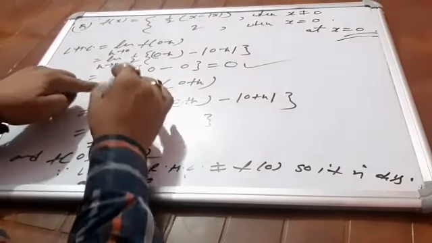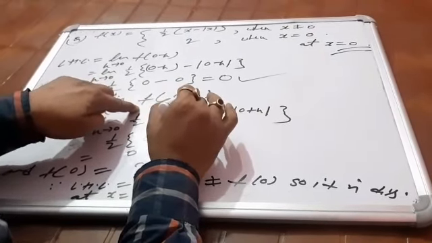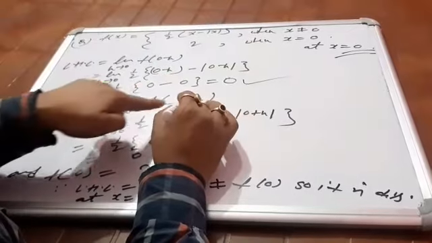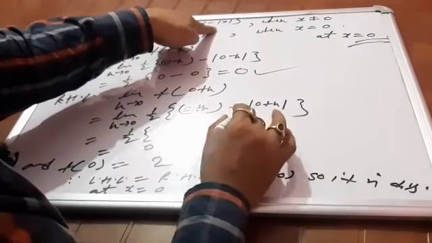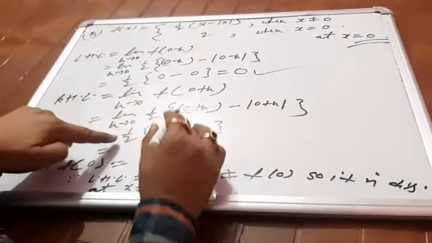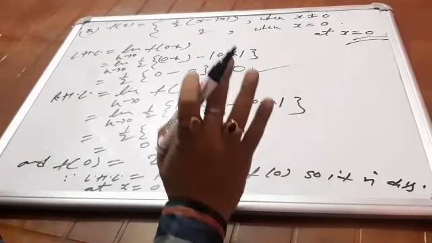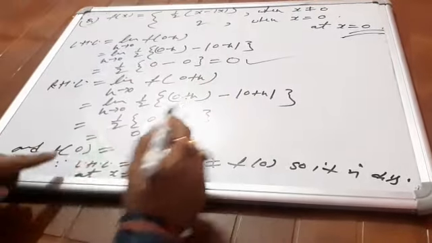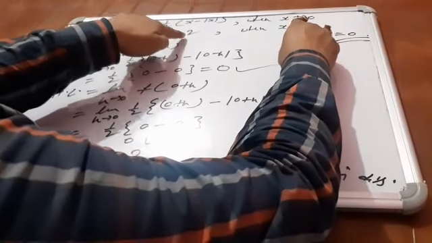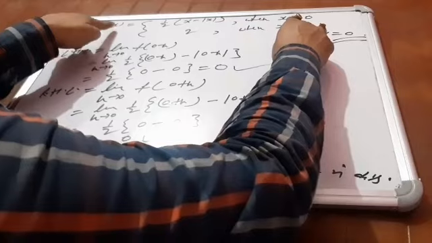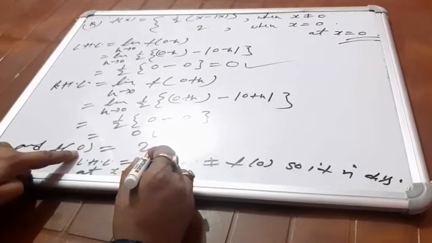Now come to the RHL, limit h tends to 0, f of 0 plus h. Again it will come in which portion? First portion only, x not equal to 0. Then limit h tends to 0, 1 by 2 times (0 plus h) minus 0 mod of (0 plus h). At the very next step use the limiting value here, it becomes 0. Now these two are the same, but while we find the value of f(0), you have seen that at x equal to 0 the value of f(x) is 2. Simply, from which we can find f(0) is equal to 2, meaning the value of the function at x equal to 0 is 2.